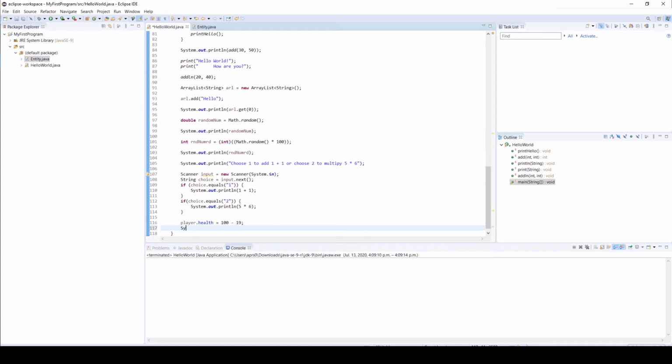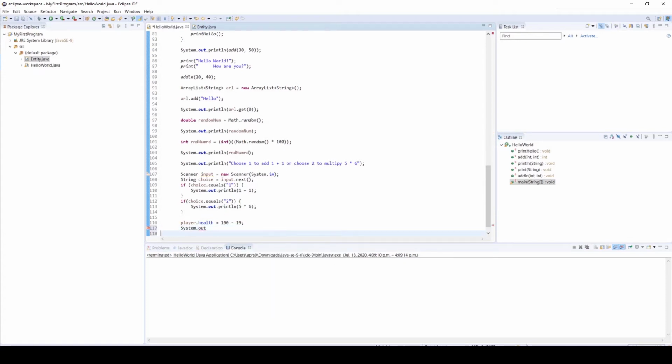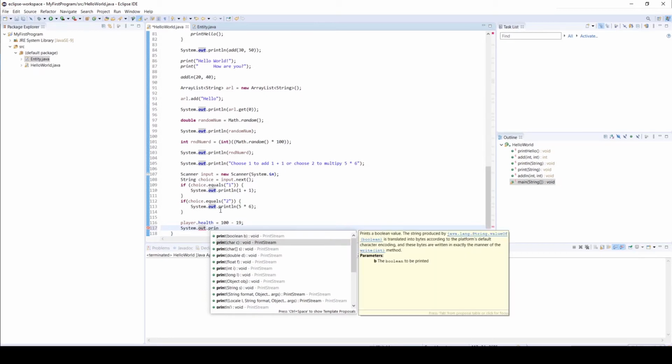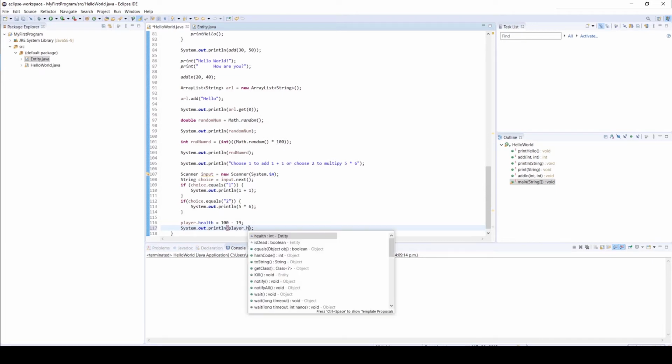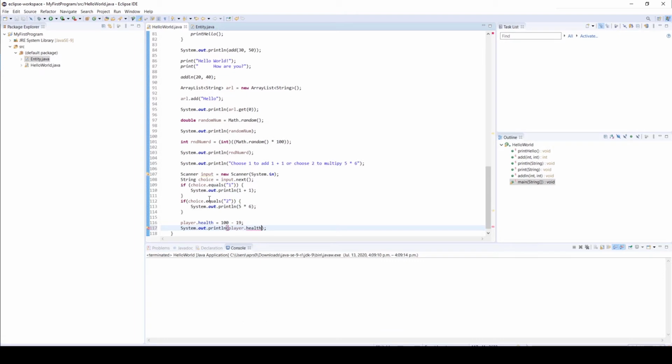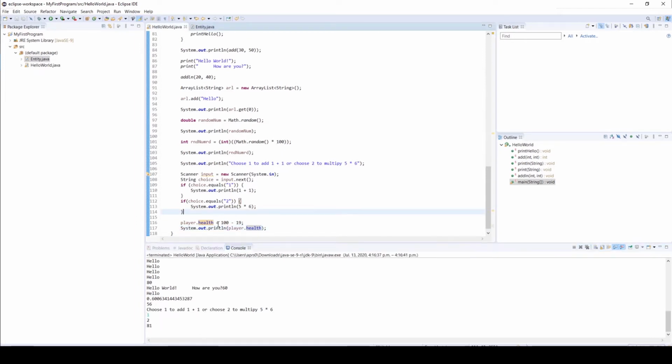Now if we do System.out.println, we just print the player.health. We hit run, let's quickly type a number here, and you see it says 81 because 100 minus 19